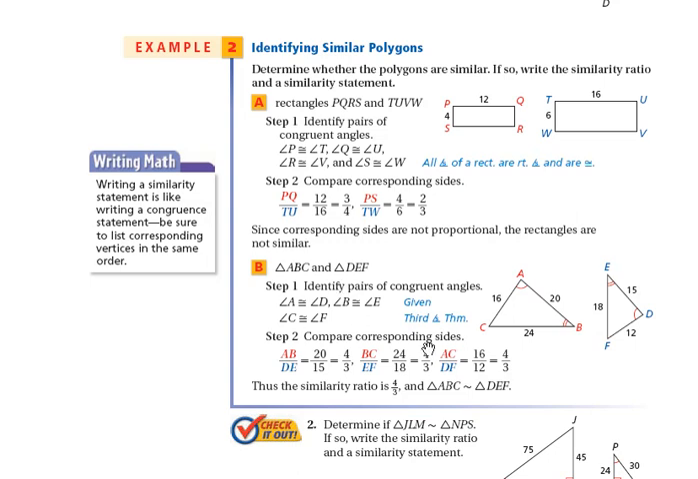So you can take a look. Here's another example here where this similarity ratio is 4/3. So make sure you take a look at those. If you have any questions,